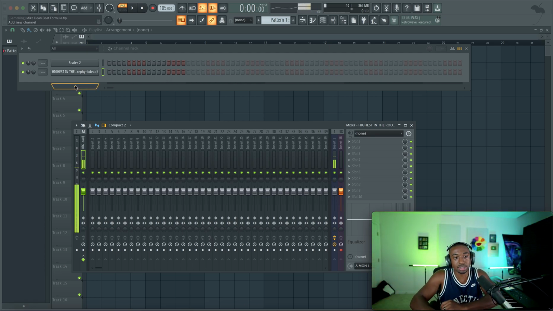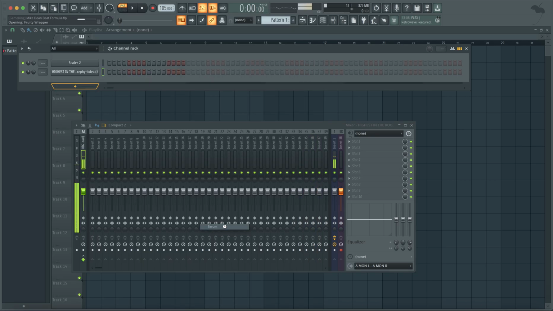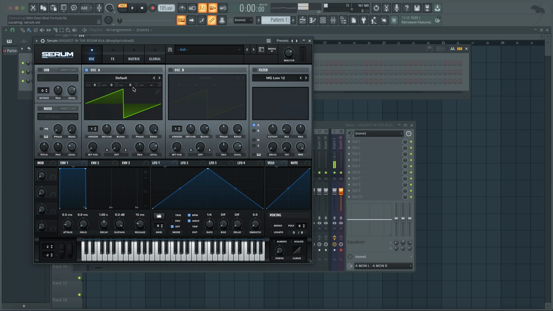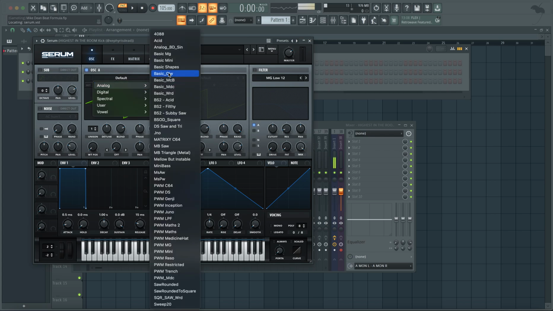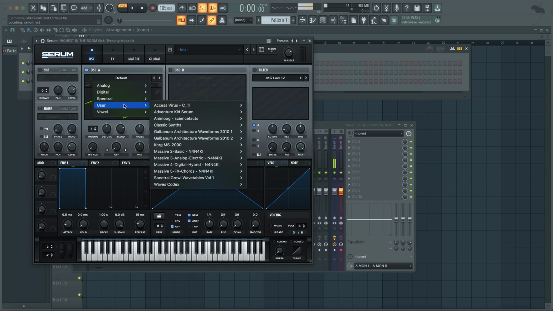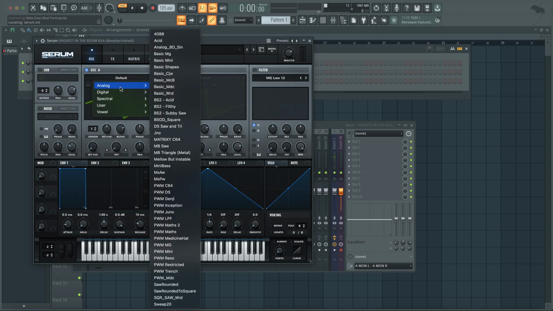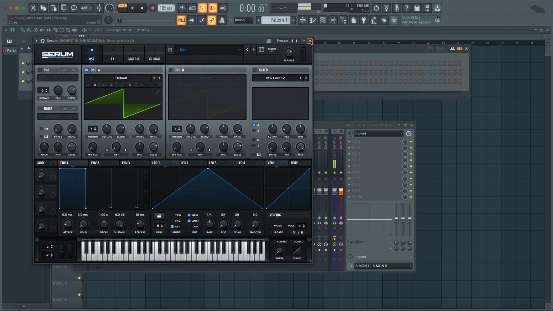In short, you guys can find Moog type sounds in Serum. If you open up Serum and look for anything labeled like MG, that stands for Moog. So if you go to analog, go to basic MG, which is Moog. You can also go to, I believe, where they put it in user. You can import user waveforms off the internet, finding classic synths from Moog, et cetera. So you guys can find Moog waveforms that way. Anytime you see MG, it probably means Moog. Okay, so that's how you get it in Serum.